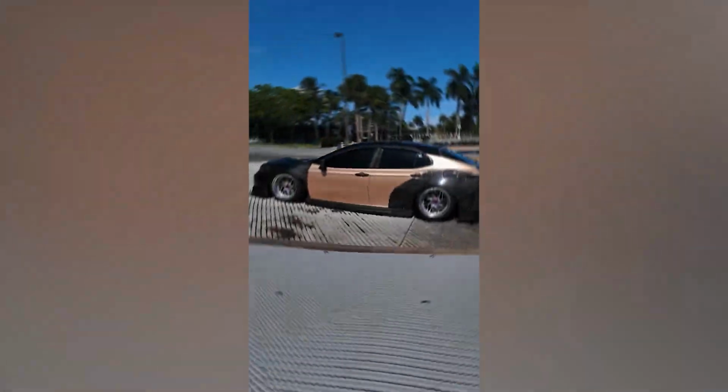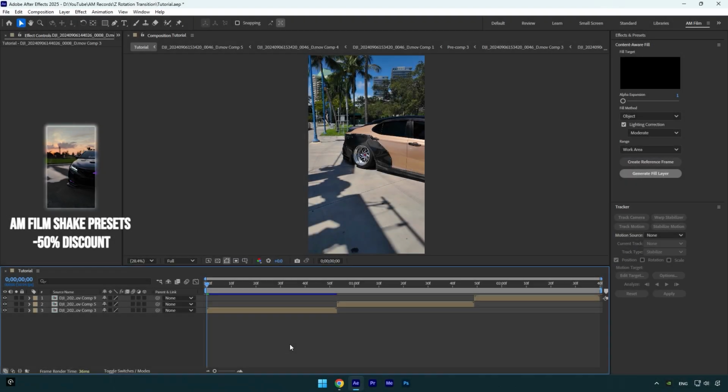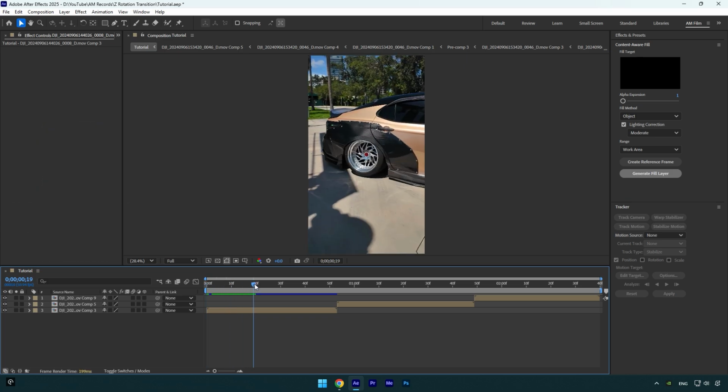Hi guys, in this tutorial I will show you how to make a rotation transition effect easy in After Effects. First, let's scroll forward a bit to where you want the rotation to start from and then press R on your keyboard to expand rotation. Now hold Shift and press S to expand scale. Click on the Scale and Rotation stopwatch icons to create keyframes and then scroll to the end of the layer